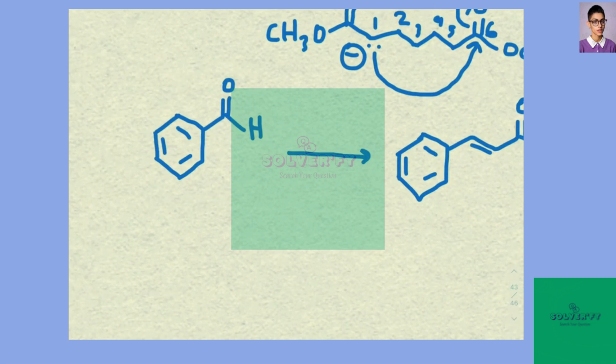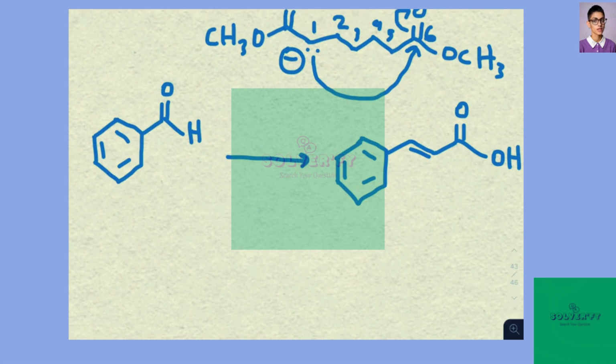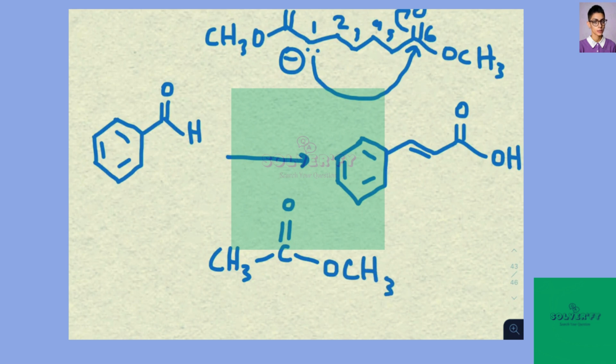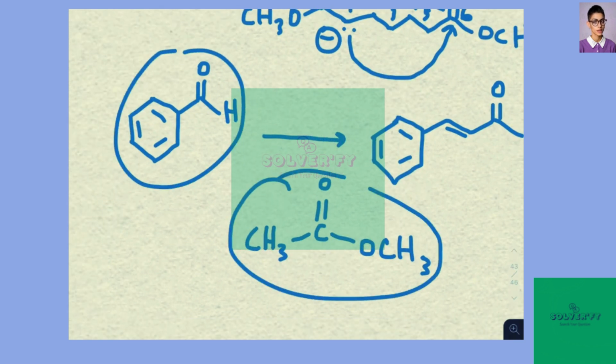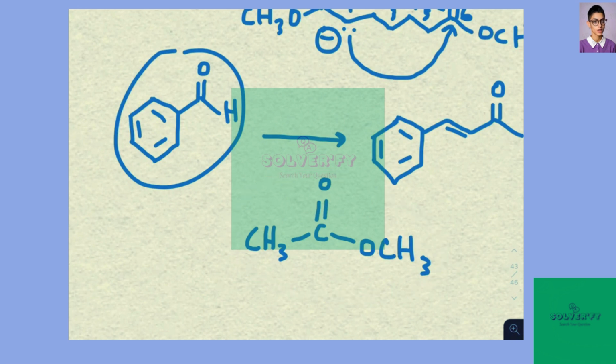Okay, so as we can see, we're going to add, again, 2 carbons. So we're going to have something that looks like this. I'm going to have my CH3 connected to my central carbon in the carbonyl, and then over here we have the connection to my ester. So it's going to look like this, OCH3. Okay, so if I react this benzaldehyde with this ester in a basic medium, such as OCH3, I'm going to